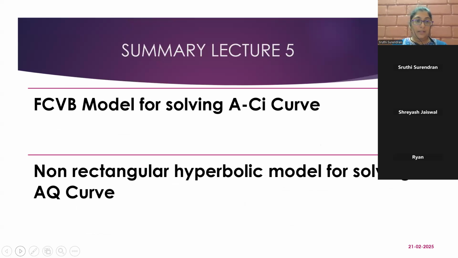So last class, like I just said, we studied the FvCB model for solving the A-Ci curve, and in Farquhar von Caemmerer's equation itself, we have this non-rectangular hyperbolic equation which uses some information from the AQ curve. So if we solve the non-rectangular hyperbolic model, we will also get parameters corresponding to the AQ curve. These are the main two models involved, even in the software I was just talking about, BioCro. This FvCB model, which also has this non-rectangular hyperbolic model, are the main modules that deal with photosynthetic rate in